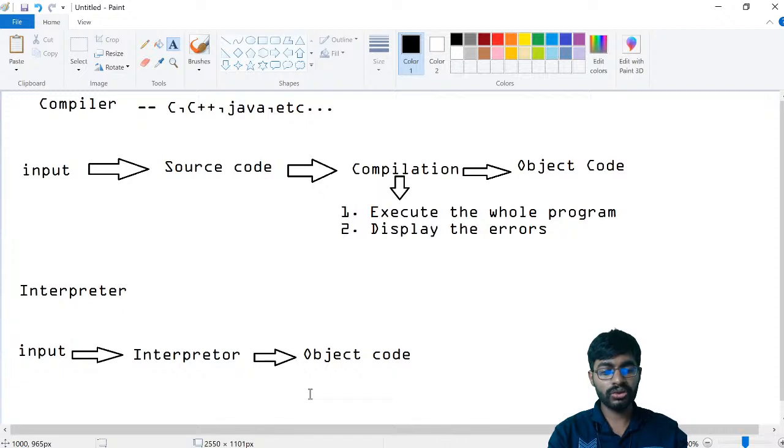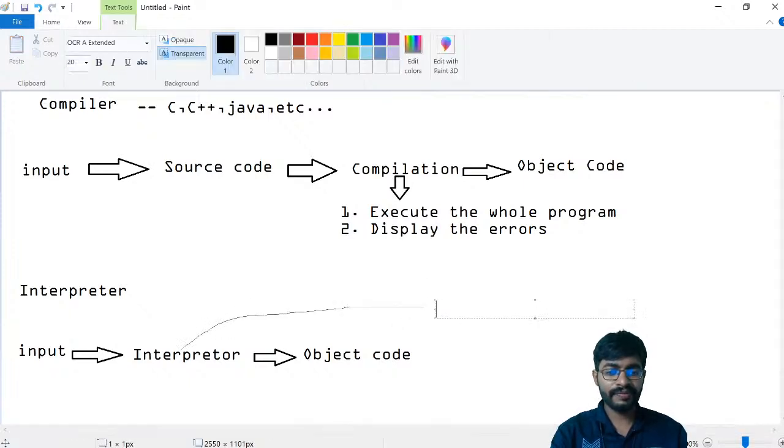So: input, interpreter, object code. For compilation I have given you some rules, but in interpretation there is only one rule: if an error is detected, the program will be stopped there and that line number will be displayed.